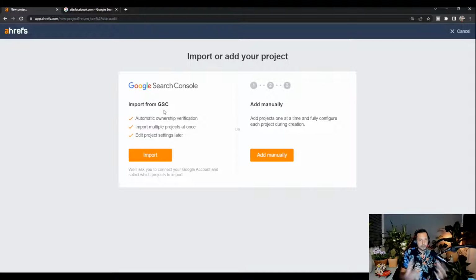So if your website, and you should have Google Search Console because we went over that in a previous module, you should have your website in Google Search Console, and you should have Google Analytics installed. So if you have Google Search Console installed, you can import right away. And if you don't, that's okay too. You just get added bonuses with Google Search Console. I like to import it through Google Search Console whenever I can, but let's say it's a competitor, or let's say you don't have Google Search Console installed yet, and you just want to get to work on your on-page SEO to do this SEO site audit. Just click on Add Manually,